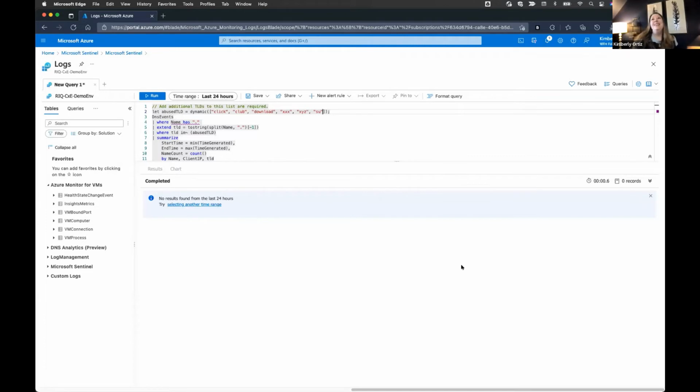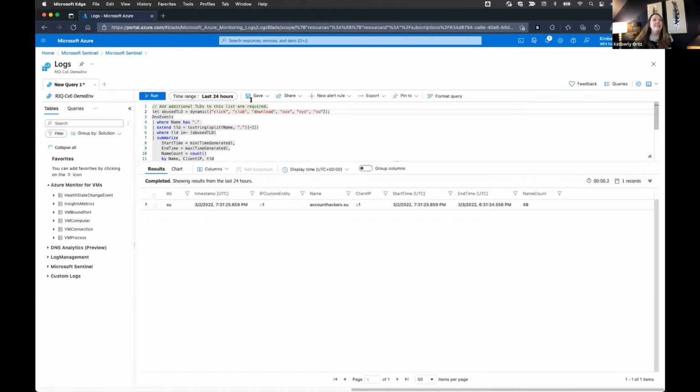Crazy. One thing I want to acknowledge is that, depending on the size of your organization, in a real enterprise environment, this query is likely to bring back way more results than you would actually be able to hunt through. But this is where you work to better refine it. Maybe you only focus on a subset of your systems, and don't look at the guest Wi-Fi network. Maybe you apply some other exclusion criteria. But basically, once you have something whittled down to a more manageable number, like I have one result here, maybe teed up that way intentionally, you might decide that you want to create an analytic rule to run this query on a regular basis.